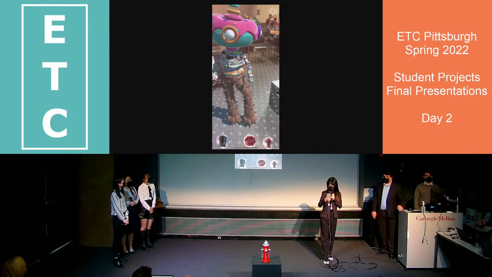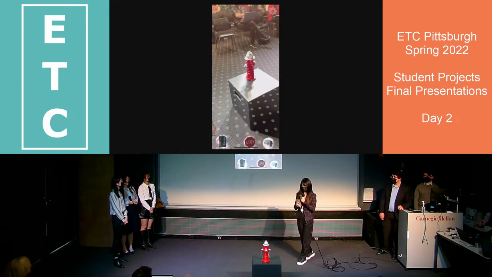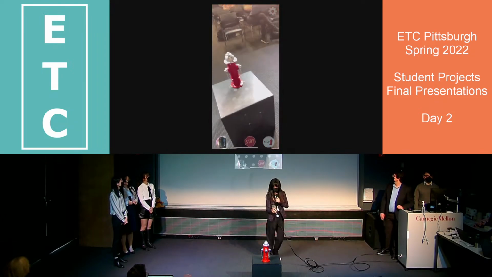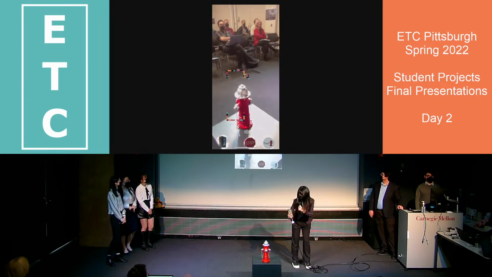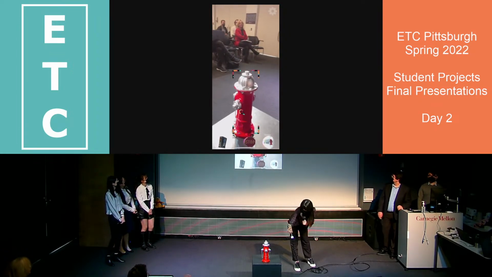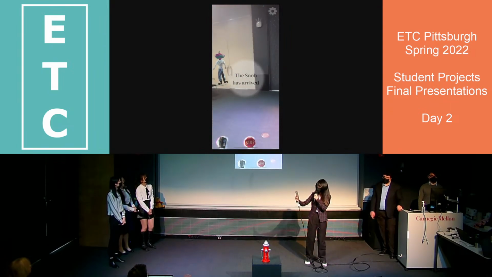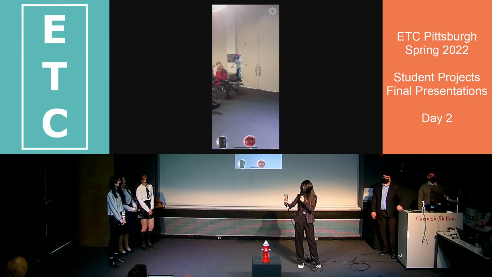And some bubbles show up. When I click on it, it tells me to find a fire hydrant, which we happen to have one in the RPI's. And when I get closer, I can see that something's scanning this, and the Snob has arrived. So let's see. It's a little far away from us, but